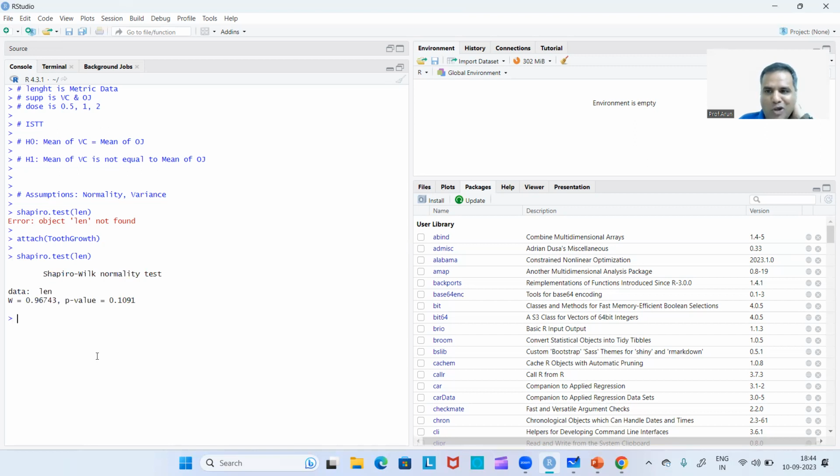ओके, हू विल इंटरप्रेट, डेटा नॉर्मली डिस्ट्रीब्यूटेड है कि नहीं है? कम ऑन, हू विल इंटरप्रेट? सी, मेरा p वैल्यू ग्रेटर देन 0.05 है। सो अगर मेरा p वैल्यू ग्रेटर देन 0.05 है, इसका मतलब मेरा डेटा नॉर्मली डिस्ट्रीब्यूटेड है। और अगर मेरा p वैल्यू लेस देन 0.05 है, मतलब मेरा डेटा नॉर्मली डिस्ट्रीब्यूटेड नहीं है। तो नॉर्मली जब भी आप नॉर्मेलिटी के टेस्ट लगाते हो, तो वहां पे आपका p वैल्यू ग्रेटर देन 0.05 आना चाहिए। एंड सी दिस वैल्यू 0.109, इट इज ग्रेटर देन 0.05।